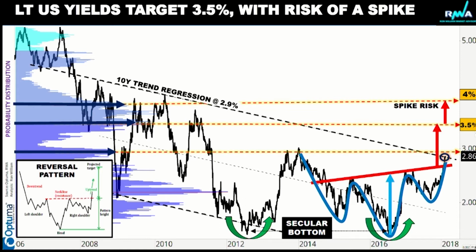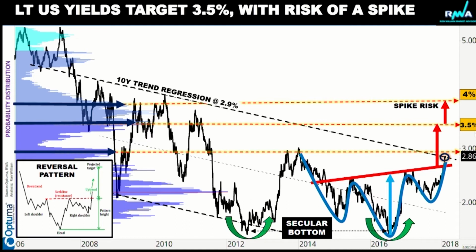So this is just a zoom in of what we're looking at now, but over the most recent few years. And what that shows is that the double bottom in 2012 to 2015 is now actually part of an even better timing pattern, a reversal pattern called the inverse head and shoulders pattern. And this time it's triggering a move not just into 3.5%, which I think is in line with most consensus views out there, but also a potential spike risk into just under or into 4% itself.